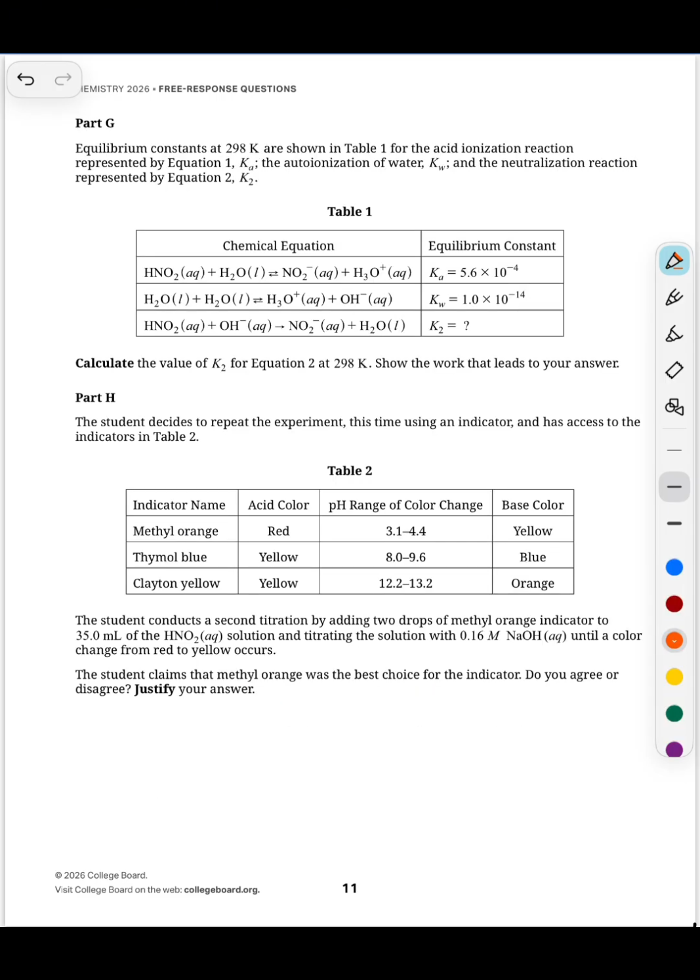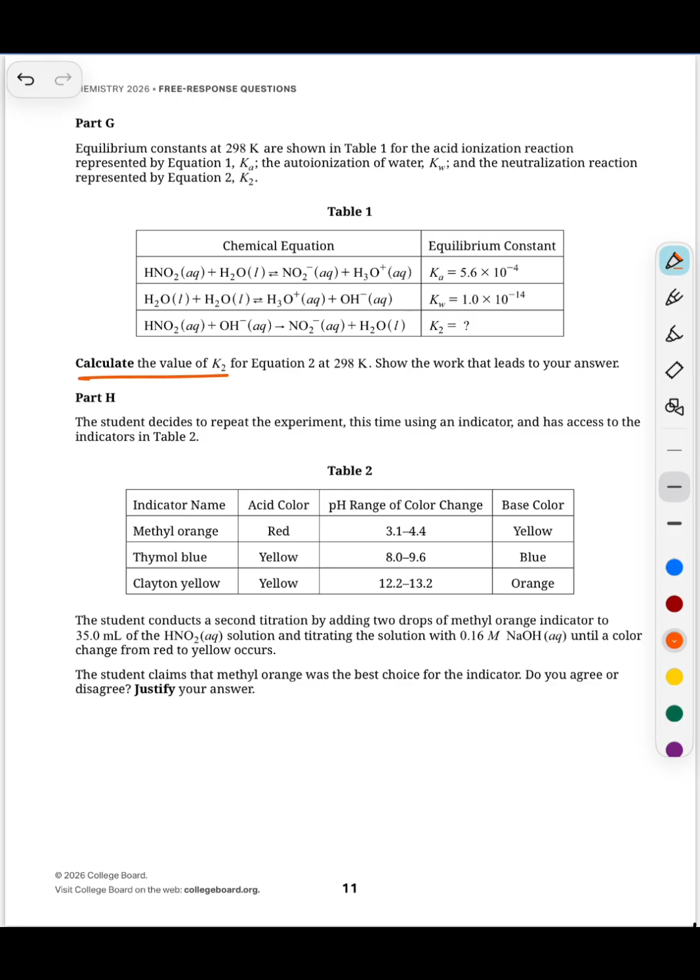Part G then tells us that the equilibrium constants for these different reactions are given in the table below. They give us the Kw at 298 Kelvin, and then they give us the Ka of our weak acid, and then they give us this K2 value, or at least we're going to solve for the K2 value here for this part. So then we have to do our mechanistic magic here, where we have to cancel our intermediates